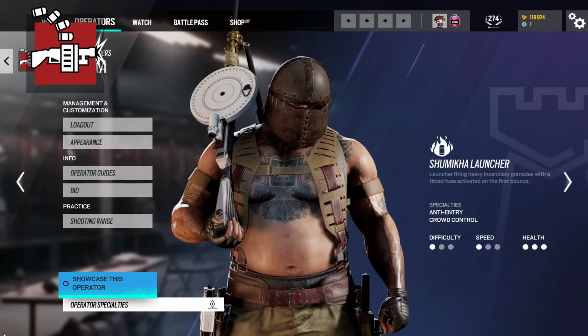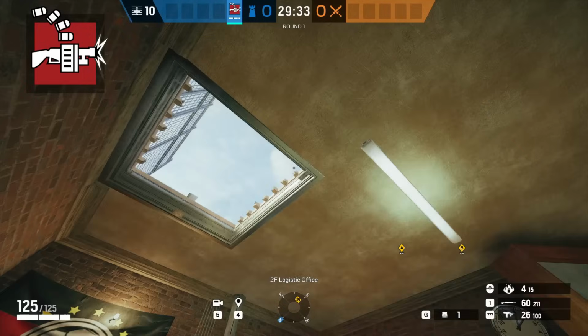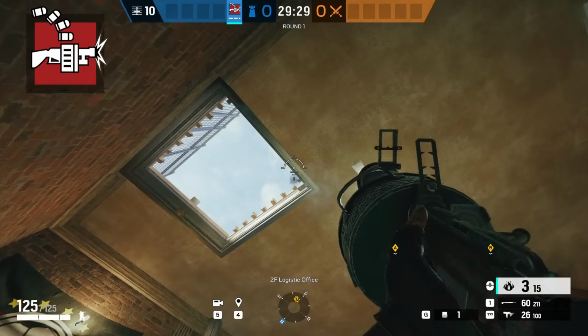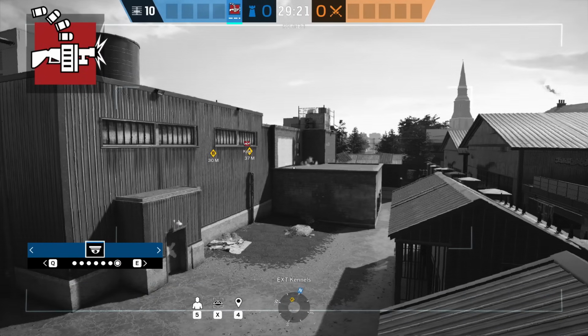and I am of course talking about Tachanka, but thanks to Shimika Launcher's unique mechanics, there are some pretty interesting strats and plays which you can find out. One of them is an insane lineup on Clubhouse once again being used as an example here, going all the way from Logi, allowing your Shimika Launcher's flames to go straight on the breach by CC, which could help kill